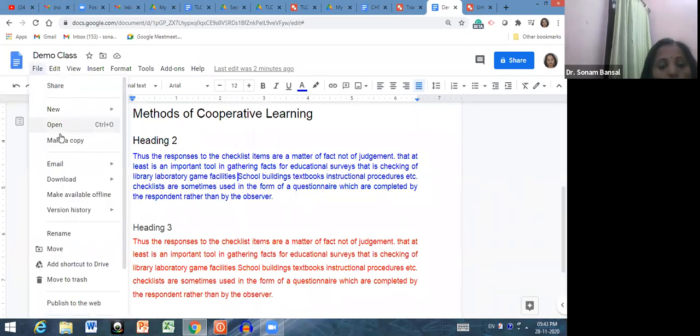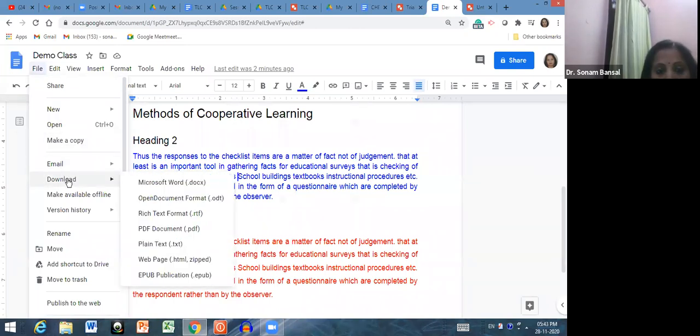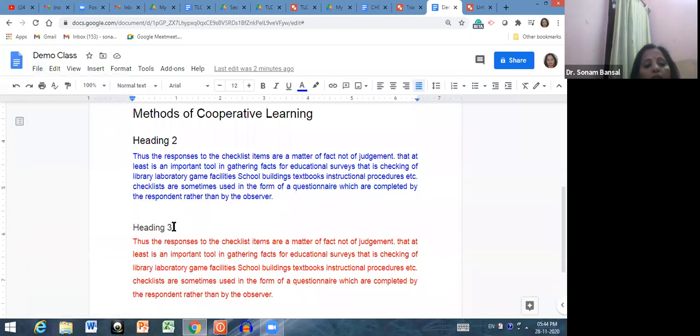Then if you want to make a copy, you have to click here on make a copy. Or if you want to download, then you can download as Microsoft Word or PDF document, plain document. Let's suppose I have to download this as a PDF document. So click on PDF.